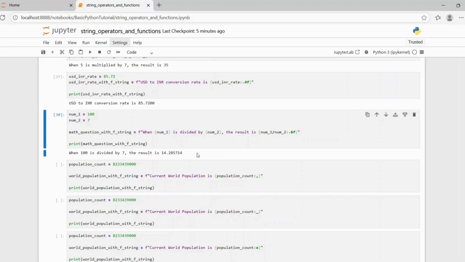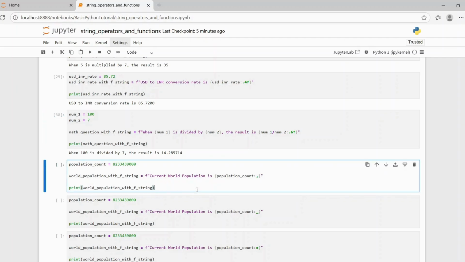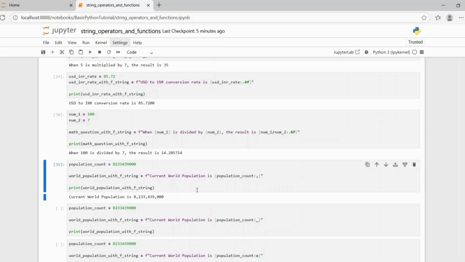In next example, we will see how to add 1,000 separator for very big numbers. So for that, we will need to add a separator after the colon. So here in fString, we have current world population is, and we have added a placeholder for a variable population count along with a colon and 1,000 separator as comma in this case. So let's execute and see the result. So you will see current world population is this big number, and after every thousands place it has added a